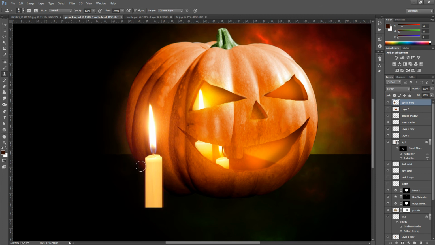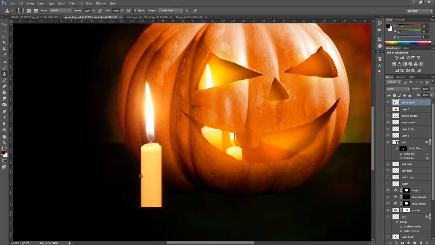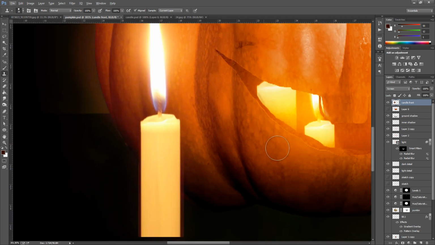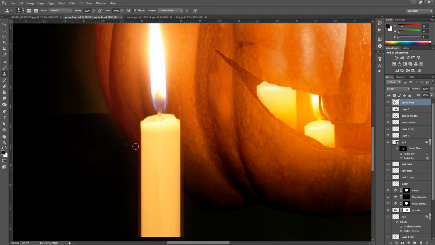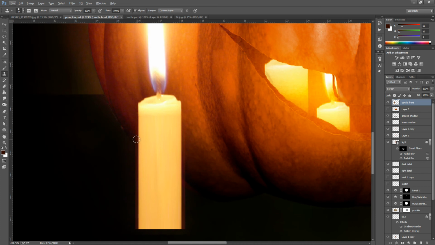And once you have done that, we're just going to zoom in now, and we're going to make some streaks inside the candle. So we're going to add a few bits and bobs. We're going to change our brush size to around about 9 pixels for this, and then we're just going to add a few drip marks now. So we're going to go to the top.